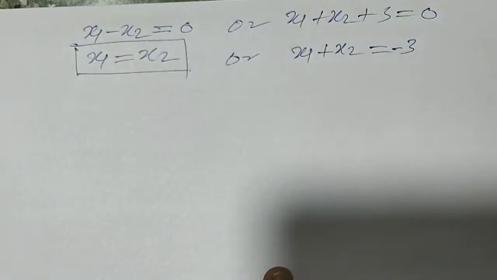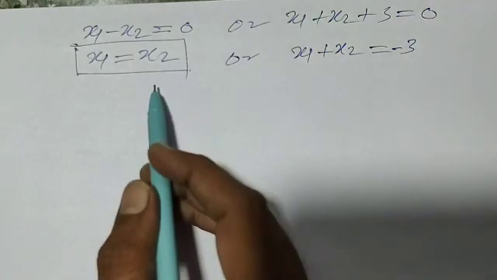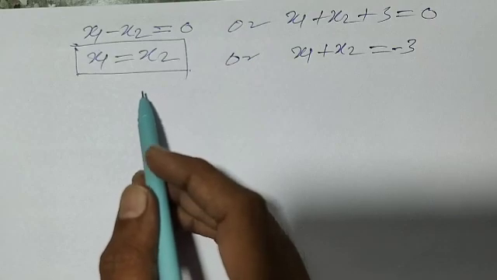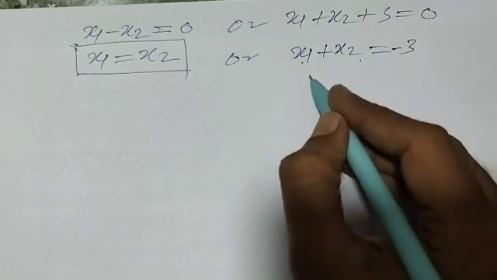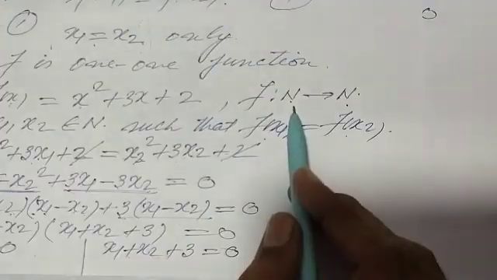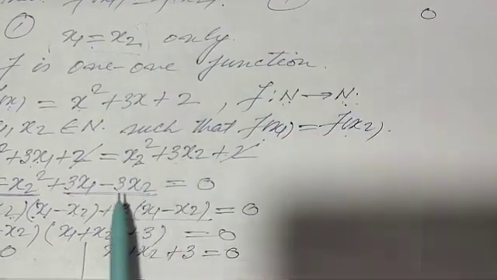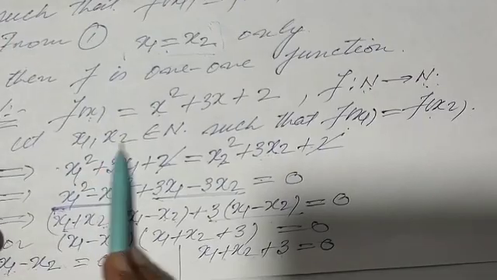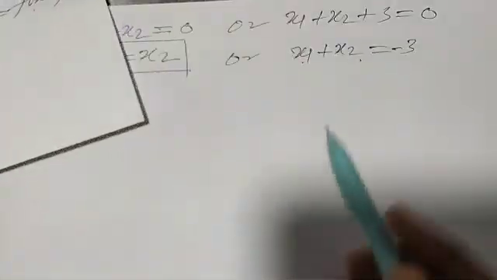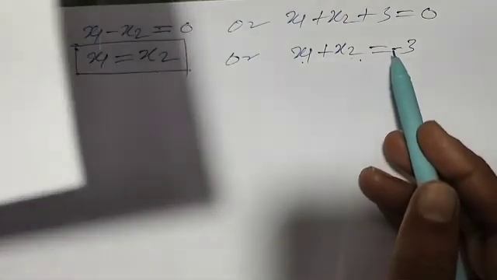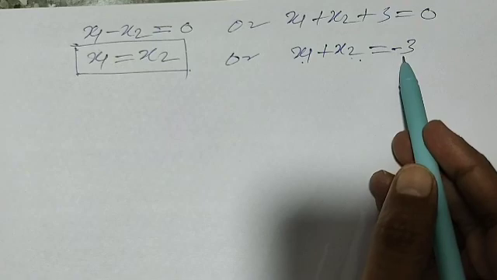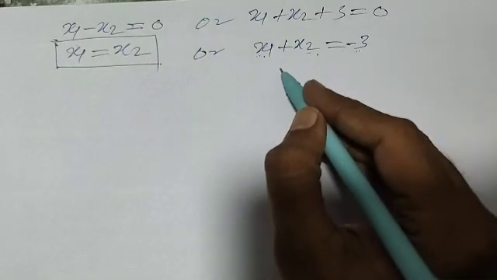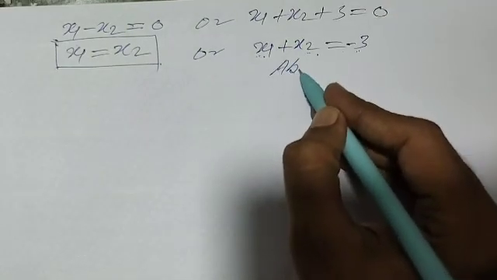So though we have two relations between x1 and x2 for f(x1) is equal to f(x2), this is not a valid result, because as we know well, the domain and codomain of the function are the sets of natural numbers. We have taken these two arbitrary elements from the domain N, the set of natural numbers. So x1 and x2 both are natural numbers, and the sum of two natural numbers may not be negative. So this is not a valid result. So we consider this absurd,